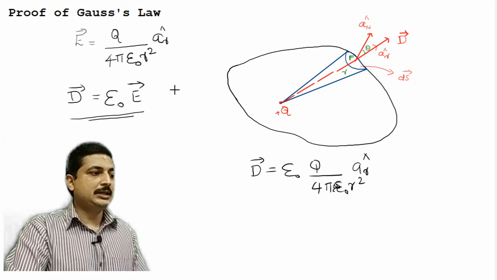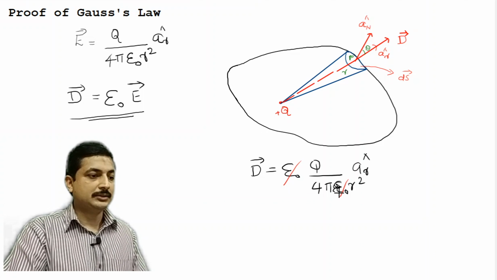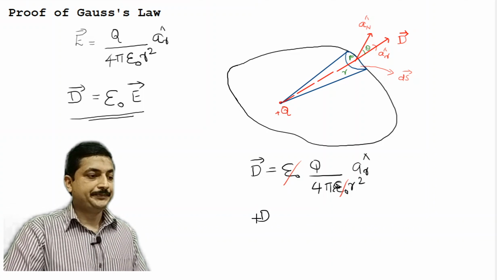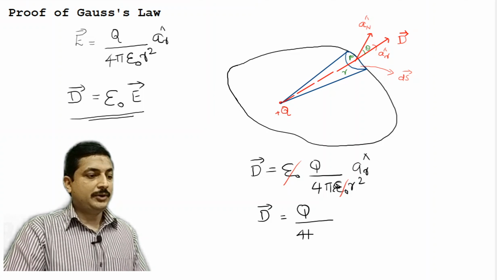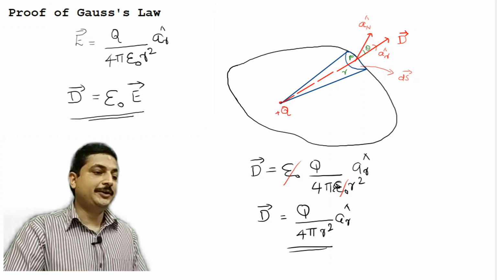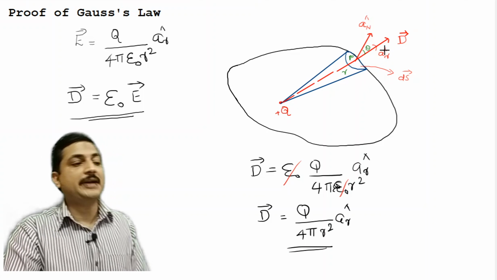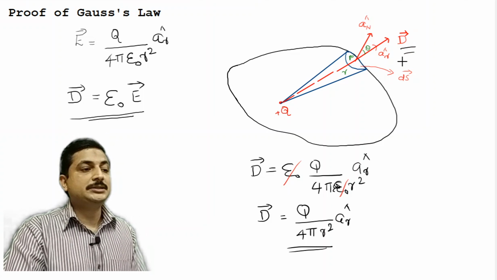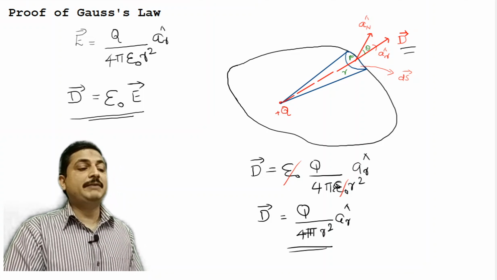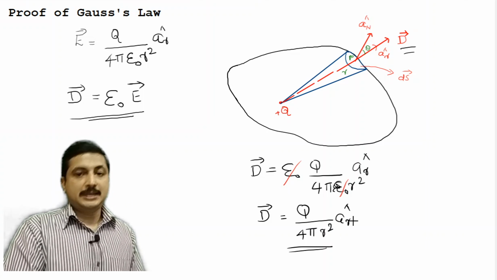And now you can see here, this epsilon naught and this epsilon naught can be cancelled. So I get my D vector as Q divided by 4 pi r square A R cap. So I get an expression for D vector. Initially I was not having any idea what this D vector would be. Now mathematically I know that D vector is Q divided by 4 pi r square A R cap,